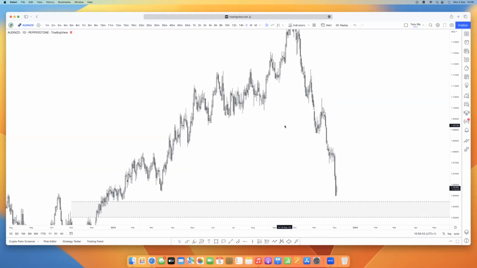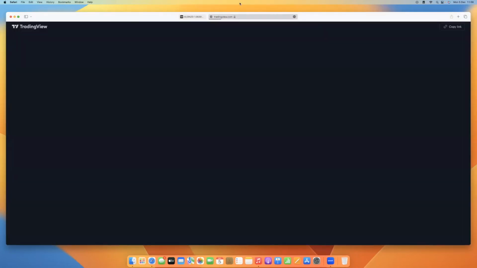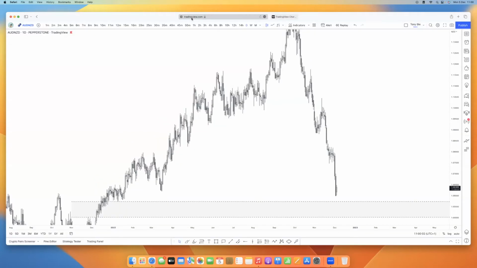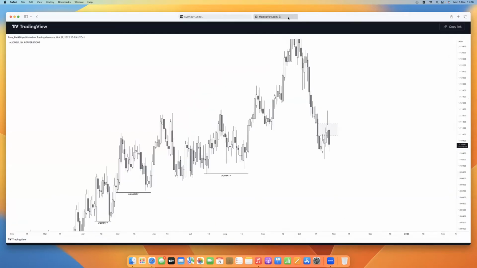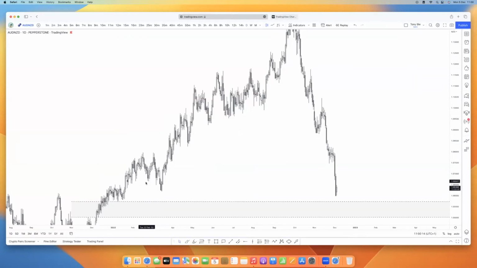Yes, so let me pull it up quickly for AUDNZD. All right, look at this. I wanted to see this really sell because we had this liquidity to the downside. We had the second liquidity I spotted, and then the third one. You can see today now price has captured everything, held the liquidity to the downside.